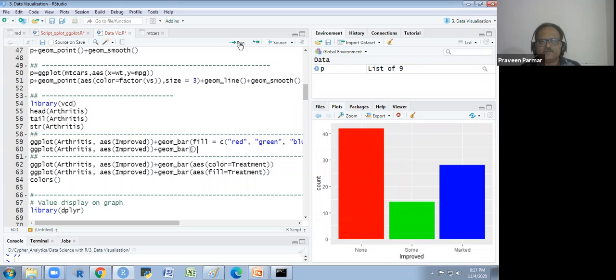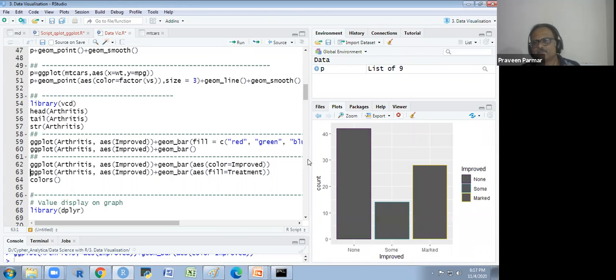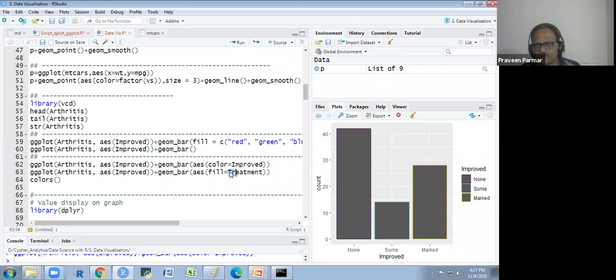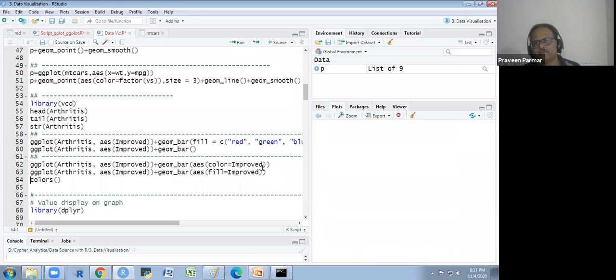Or if I run this and I want to fill the color as per the treatment, I am filling, not the improved. If I could fill as improved also, you will see that we are getting only the outline. If I am writing the color, but if I write the fill improved, you will see I will get the color.